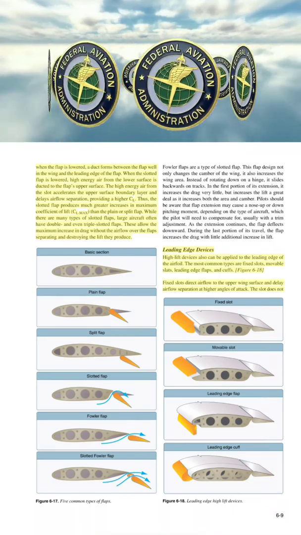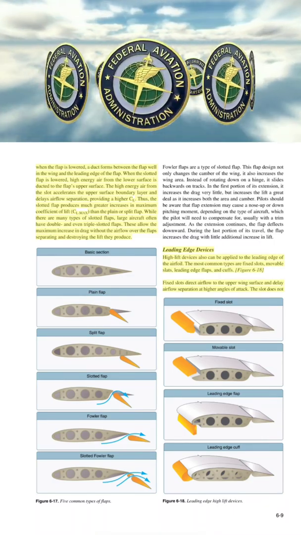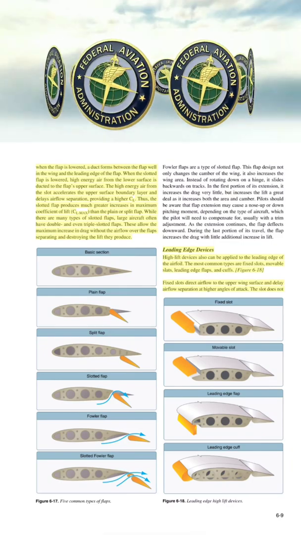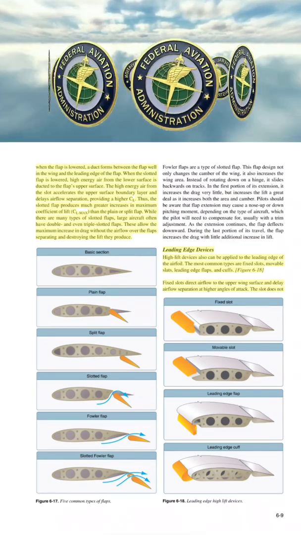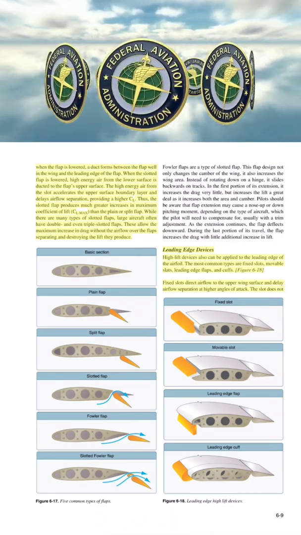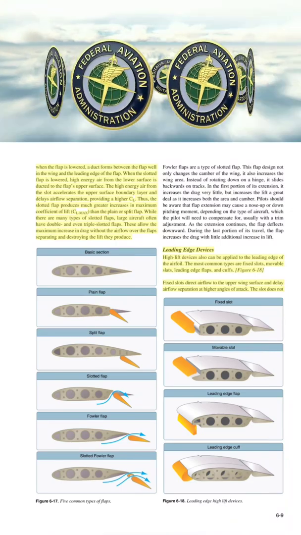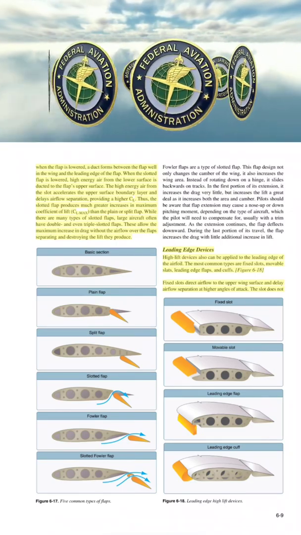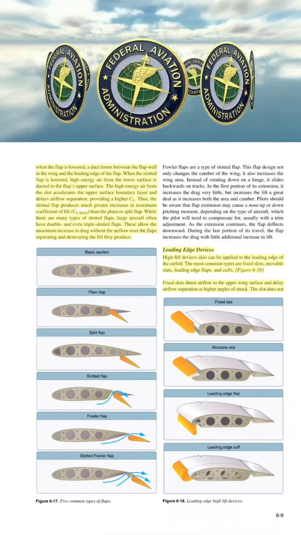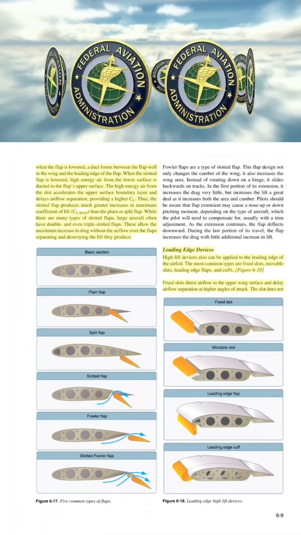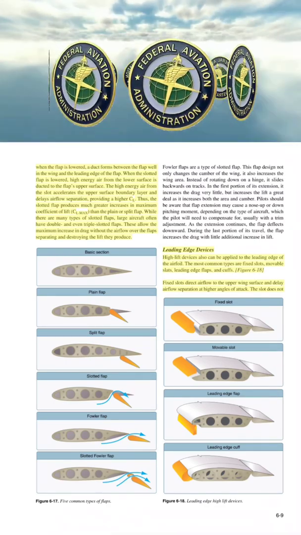A duct forms between the flap well in the wing and the leading edge of the flap. When the slotted flap is lowered, high-energy air from the lower surface is ducted to the flap's upper surface. The high-energy air from the slot accelerates the upper surface boundary layer and delays airflow separation, providing a higher CL. Thus, the slotted flap produces much greater increases in maximum coefficient of lift (CL max) than the plain or split